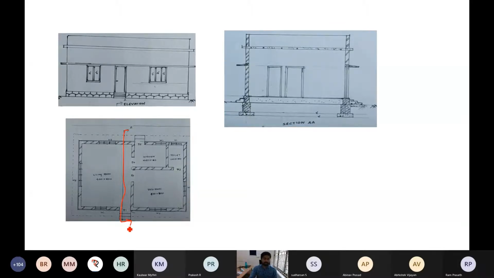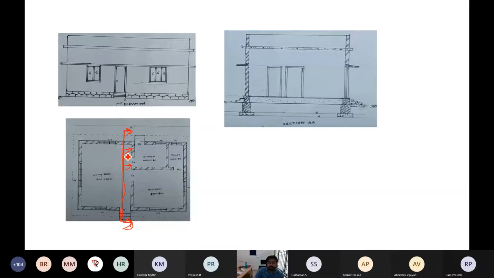For example, your building is there. Through this point I am cutting. When you cut, what will I observe in this direction? This is the sectional direction. If after cutting here I am looking this way, what will I observe? I hope you understand. That is called the section at AA. Here I need a sectional view. Sectional view at AA means if you cut that building from here, whatever the observation from this side, that you have to draw.